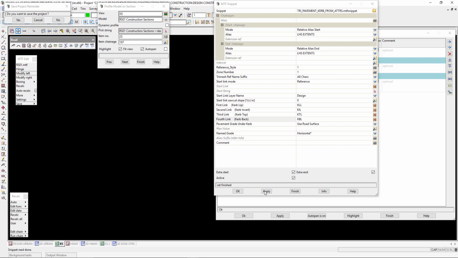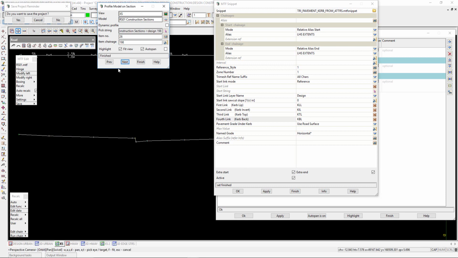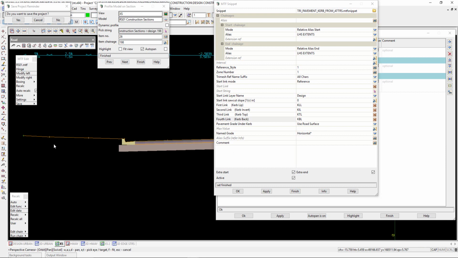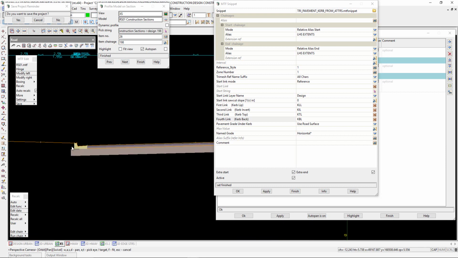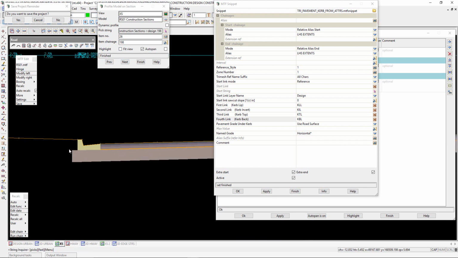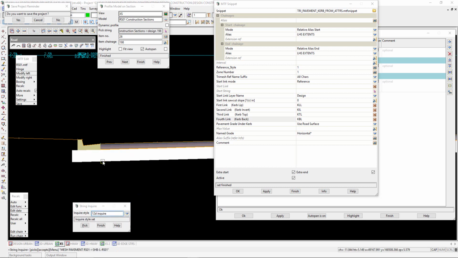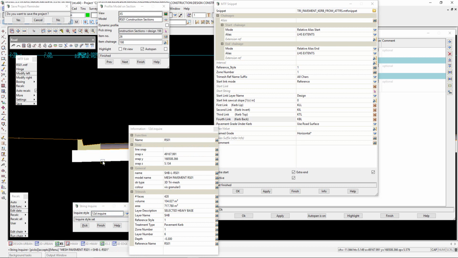So if I apply that, it'll go through and recalc my job. If I go next onto my cross section, the model I have again is under the pavements, so it's going to be mesh pavement, and then the roads RSO1. So add in the mesh pavement RSO1. We go F2 and just change the option to 12D Inquire. So when I do pick on these tri-meshes, it'll give you information under tri-mesh about the layer description, where it